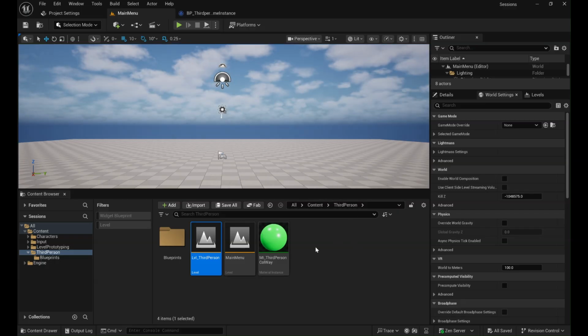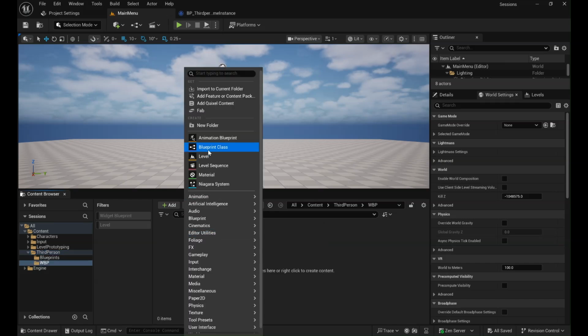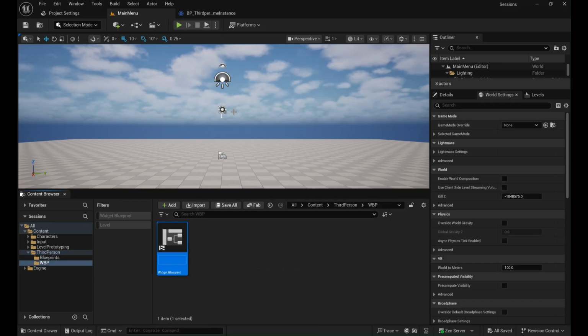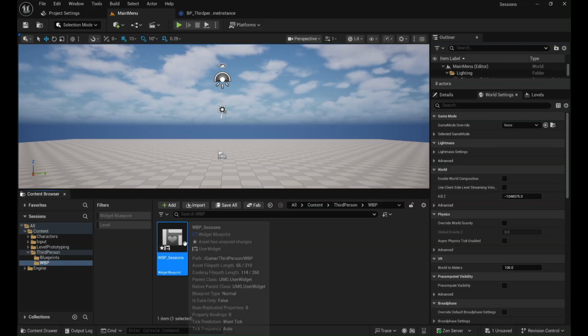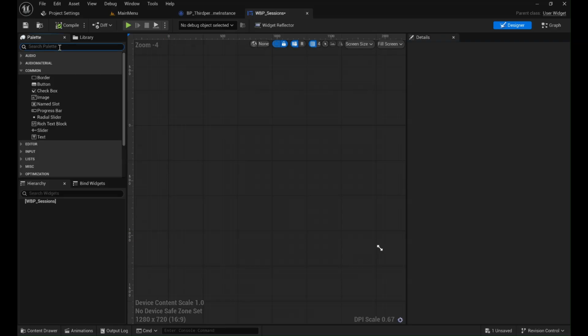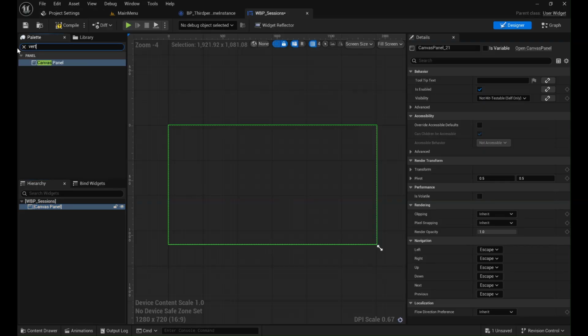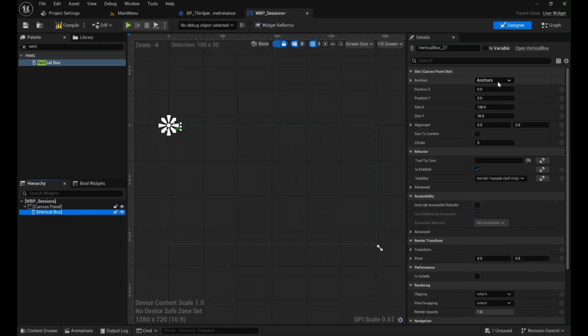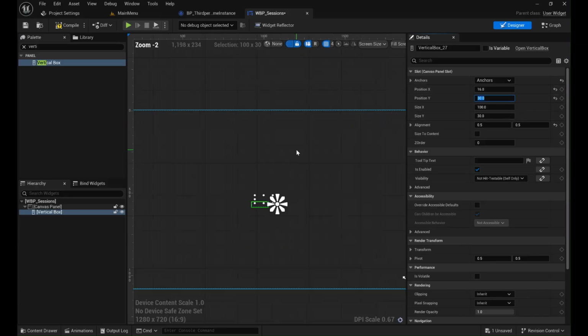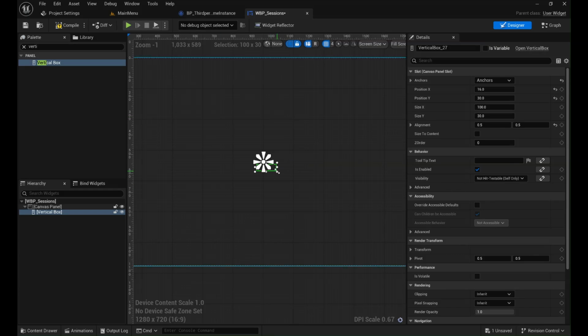Now compile it and save it. After that, create a new folder called WBP. In WBP, create a user widget called WBP session, and search for canvas panel and drop it. After that, search for vertical box and drop it on the canvas panel and set its anchor points to center. Set its positions, position Y, and